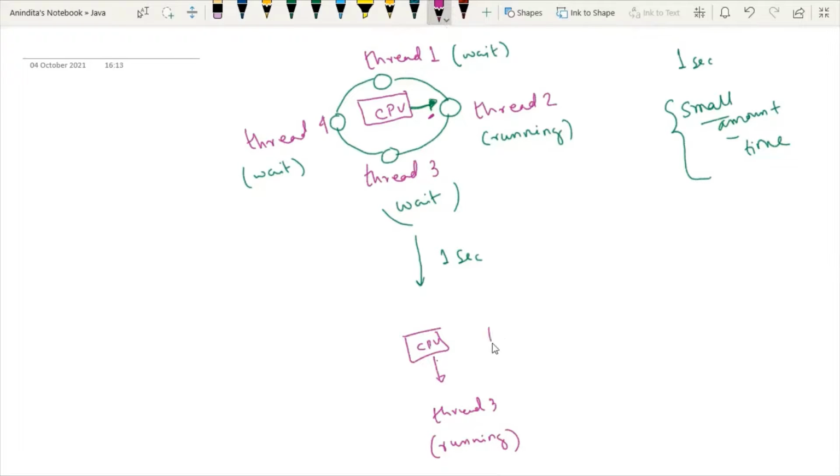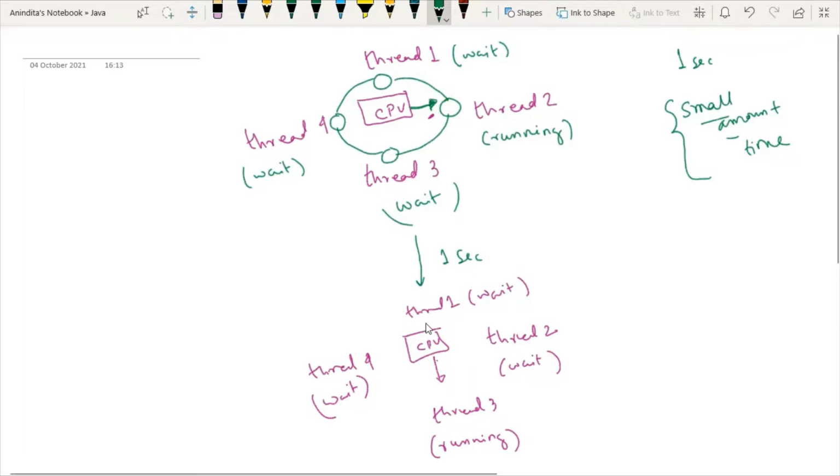The thread which was executing beforehand will be in the waiting state, and the other threads will still be in the waiting state. So this is the very basic concept of time slicing.